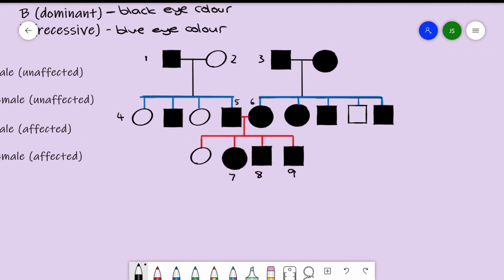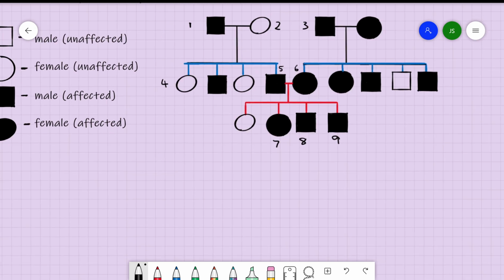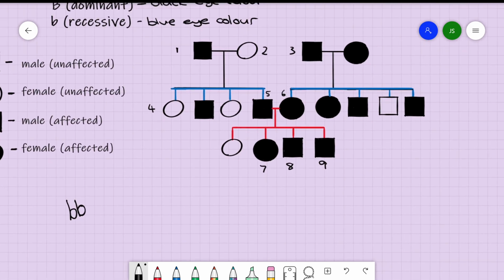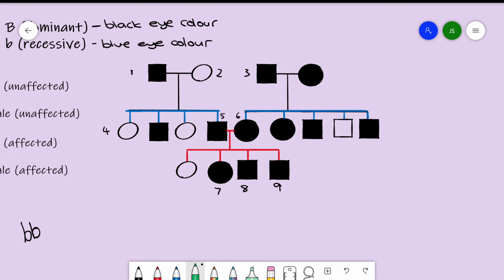So we need to find out the genotypes of all the numbered organisms, and we're going to try and go through all of the organisms. Firstly, to start off a pedigree, the easiest way is to start with those that have the recessive traits, because a recessive trait can only have homozygous recessive alleles. In this case, any organism that is unshaded will have the recessive genotype, which is described as small b, small b. So let's fill it in on the question. Anywhere that is unshaded, we will fill in small b, small b,